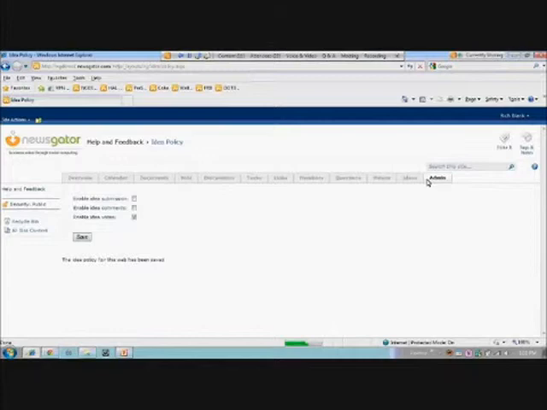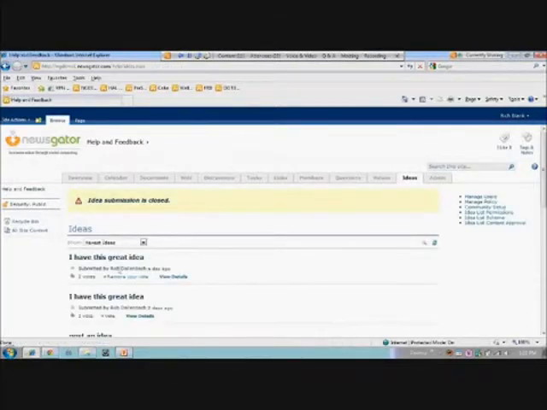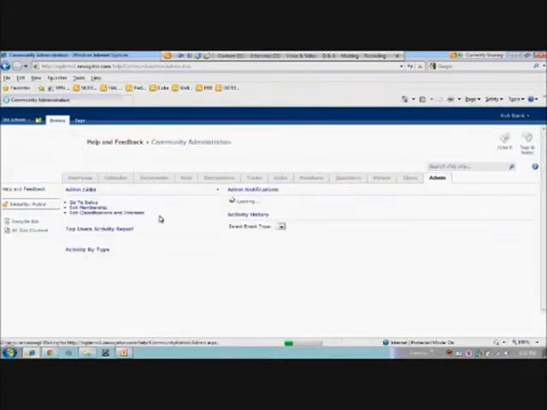Now we want people to vote, so I can go ahead and do that. What that does is send a message here, takes away the submit button, and allows people simply to vote on the ideas. We also provide some administrative capabilities for the community, where we provide some reporting around the different activity, and we also allow you to customize the community itself, whether you want to customize the master page or any of the tabs displaying here, or change the links on those tabs.